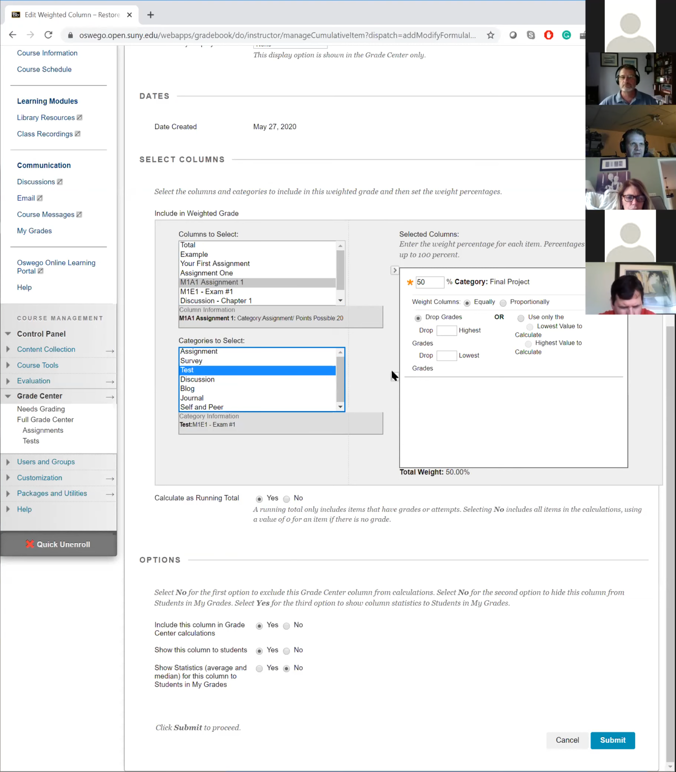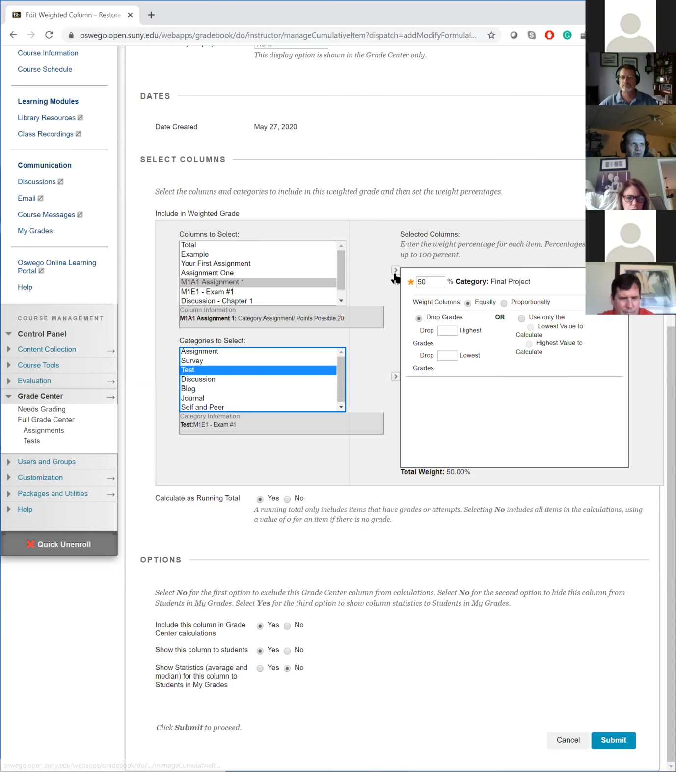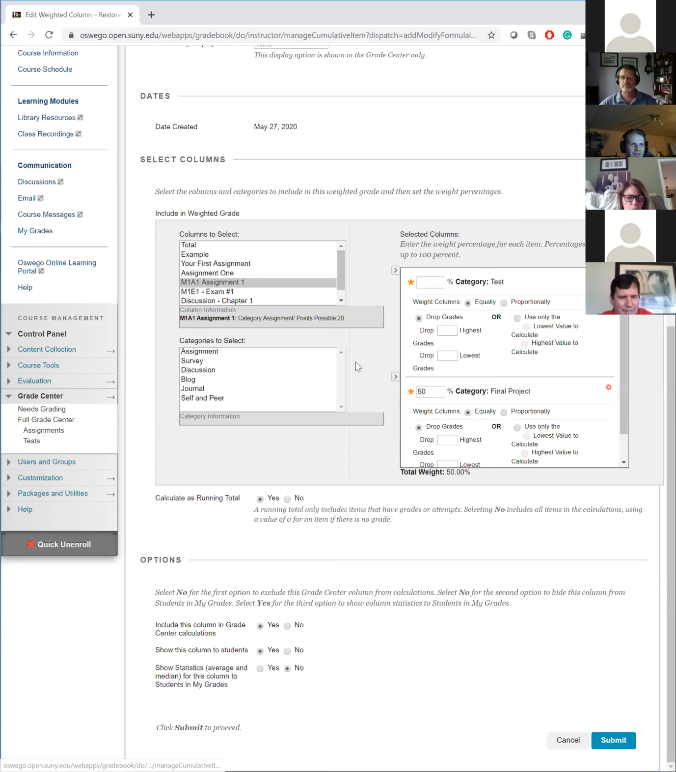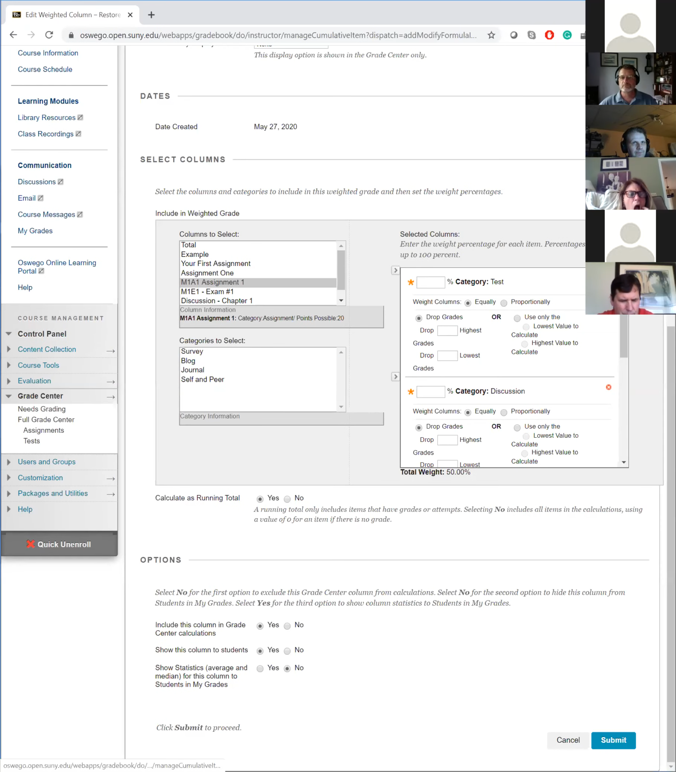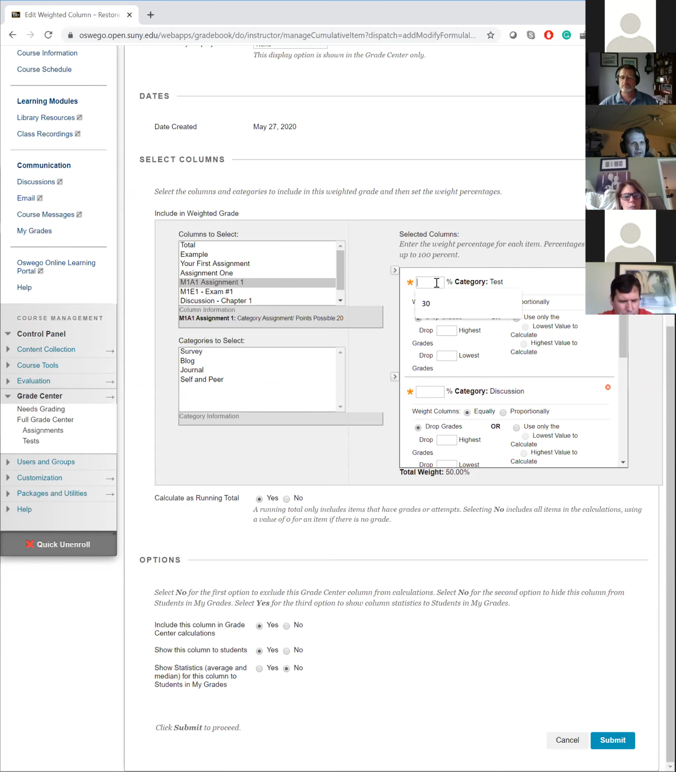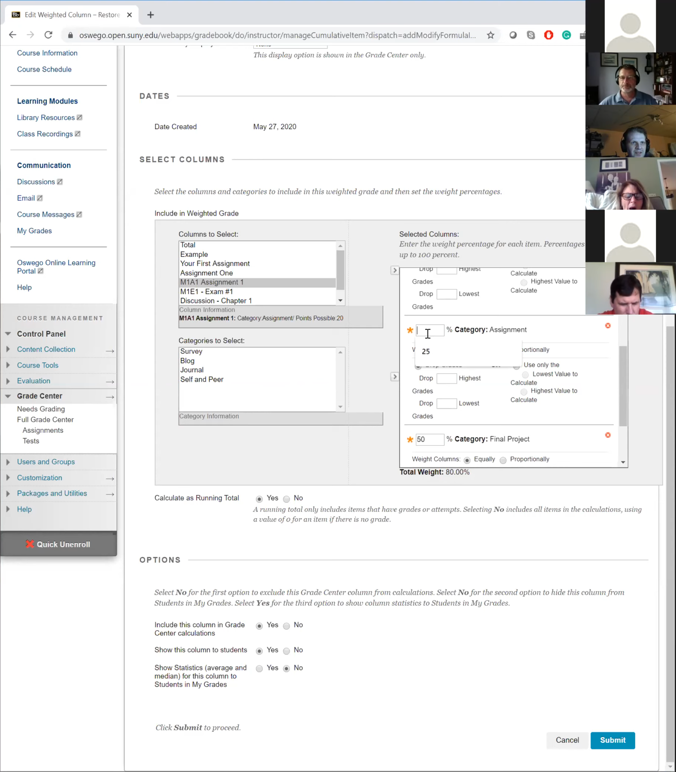I'm going to give my test, and I'm moving these over using this small button here. There are 2 of these. The top one works for the columns. The bottom one works for the categories. I'm actually just going to go ahead and bring over everything right now. And I'm just going to go through and throw in some random numbers. But you'll see as I'm entering numbers, my total weight is changing down here. And all you want to make sure of is that at the end of the day my total weight equals